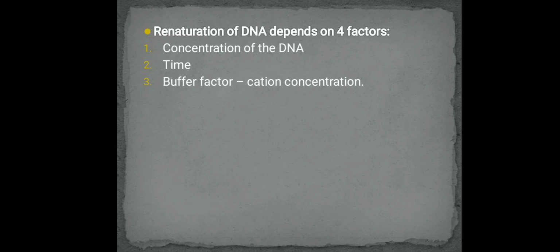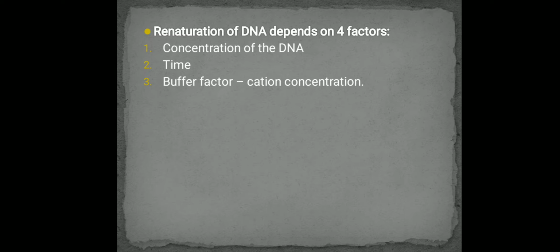So we all know that a DNA always has to be kept in a buffered solution to maintain its integrity, because DNA has charge. It has the phosphate backbone. So the phosphates are negatively charged. So you have to always place DNA in a buffered solution. You have to give it a buffer solution, that is cation concentration, because DNA is negatively charged. The cation concentration of the buffer plays a very important role.